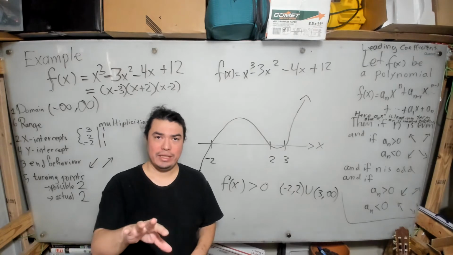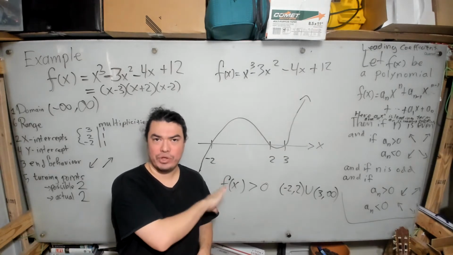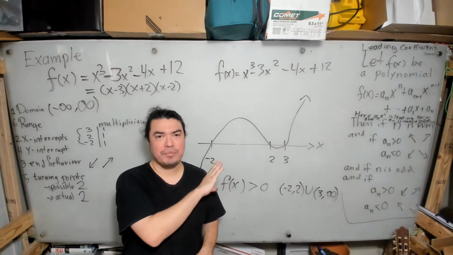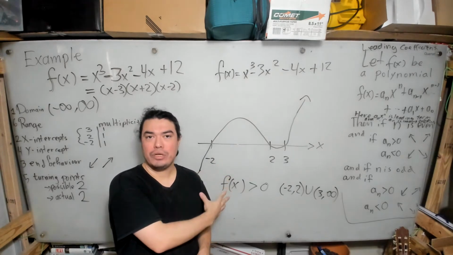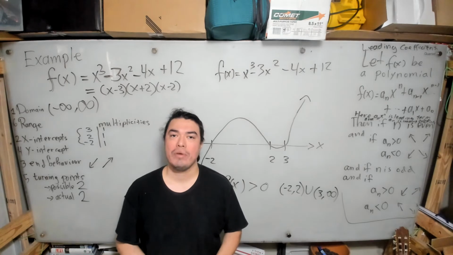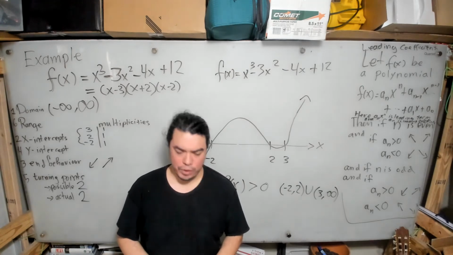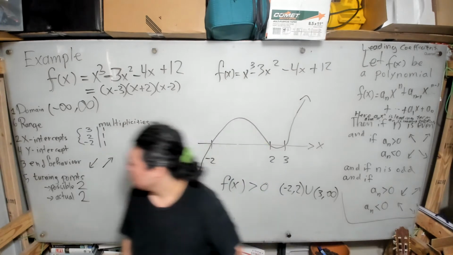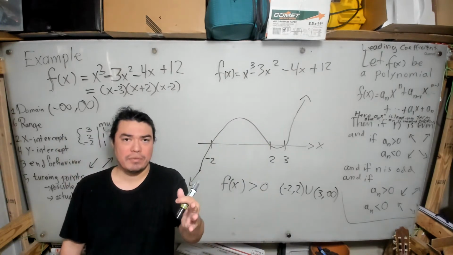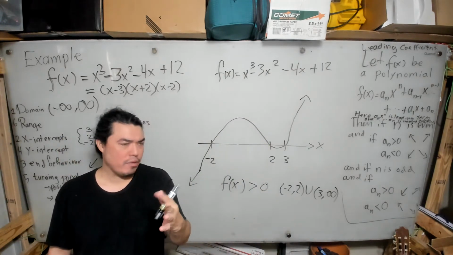The reason I did this after the x-intercepts, after we drew this cartoon, is because it was only at this point that we had enough information about the graph to figure out how many actual turning points there were. And now finally we're going to talk about the y-intercept, and we're going to draw the actual